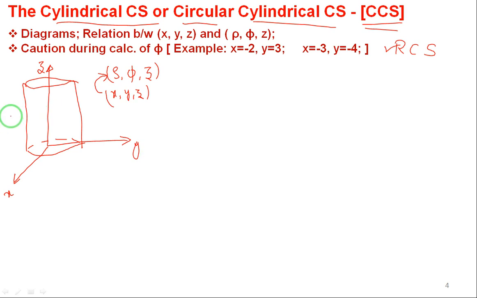Here the cylinder is there. First cut it into half exactly in the middle, then from the top cut it into 4 pieces, and once again you will get one piece. So 8 pieces are there. Only one piece I will take, and I will see how it actually looks. So first I will draw here.